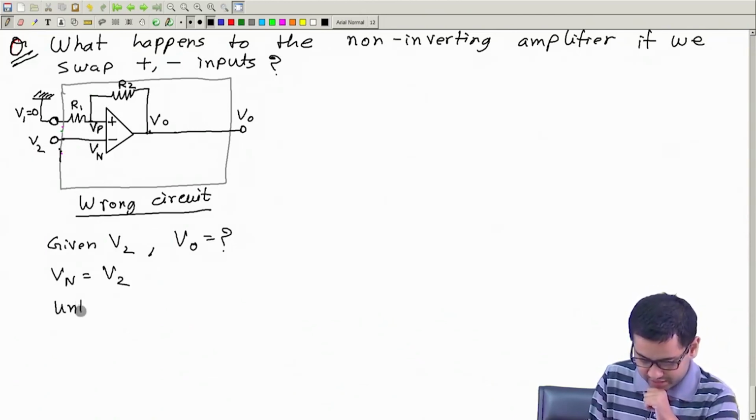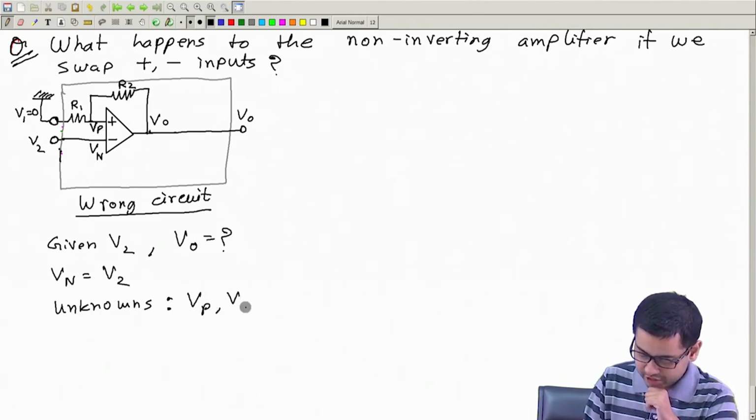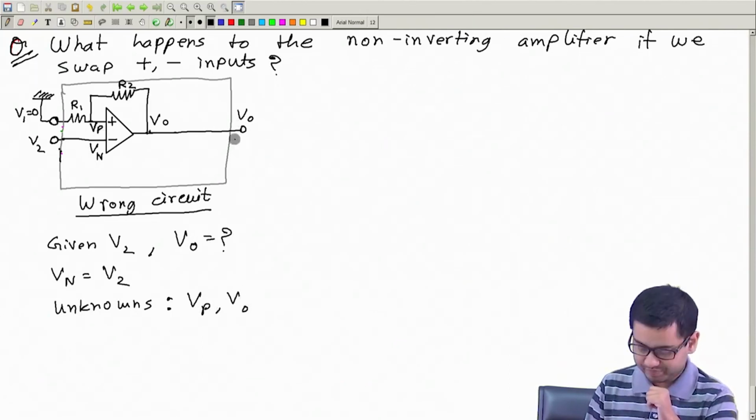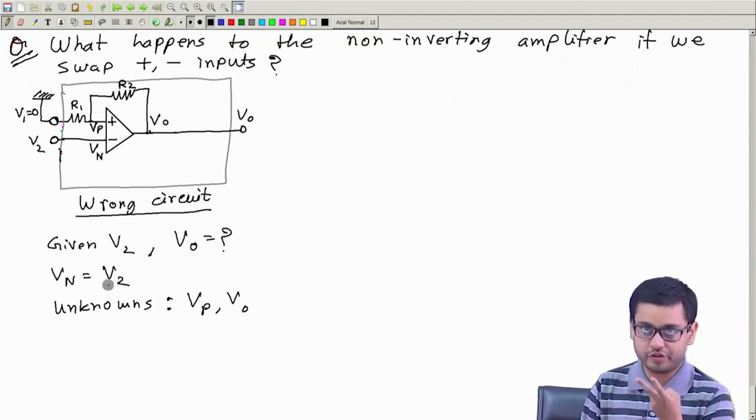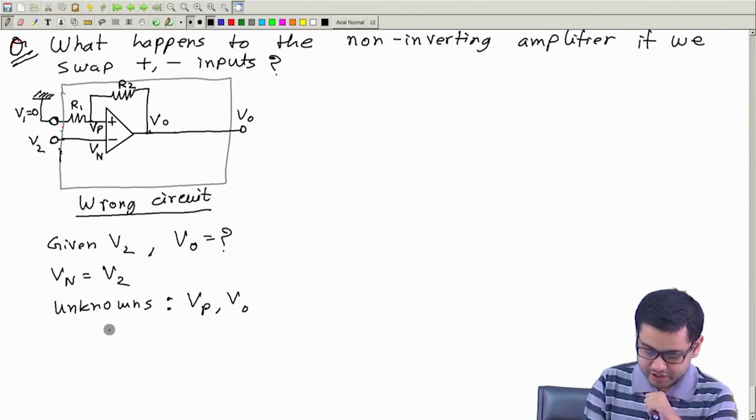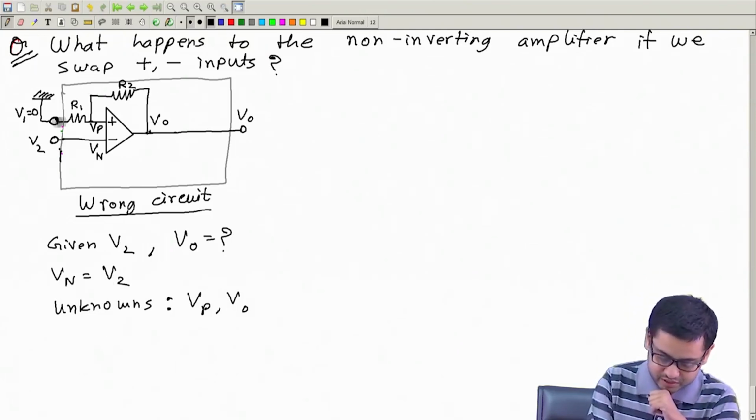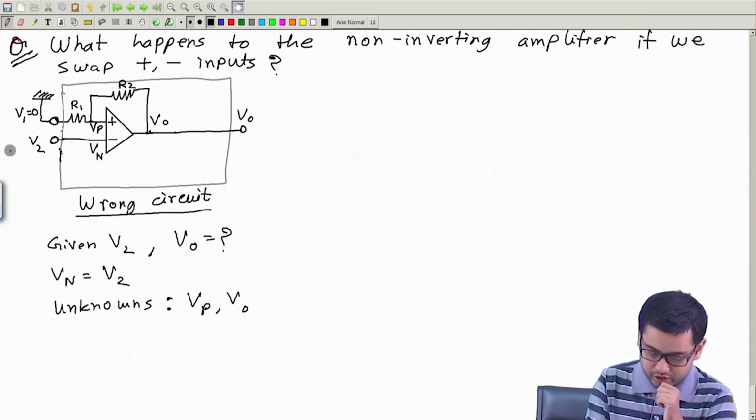So unknowns are Vp and Vo. Output, of course, is what we want to find out. So there are two unknowns, so we need once again two equations. Now the first equation will come from this part of the circuit, which is the series combination of R2 and R1. This potential is 0, so we can immediately write